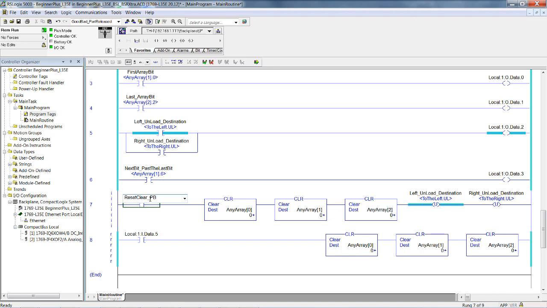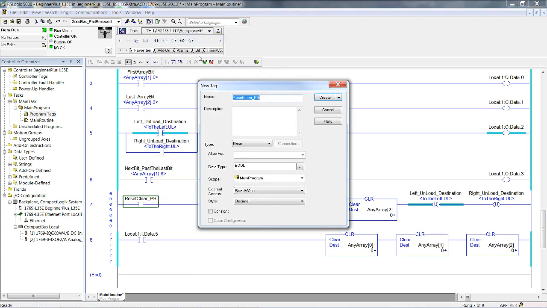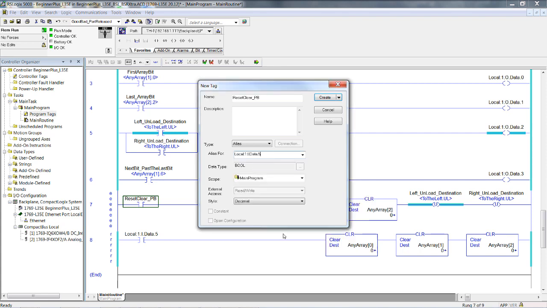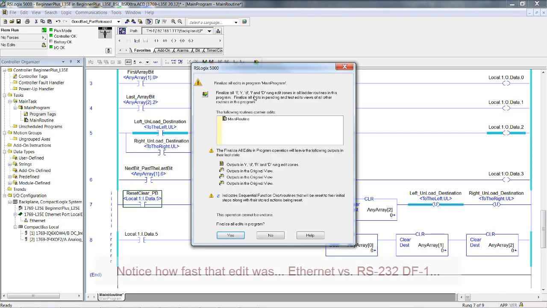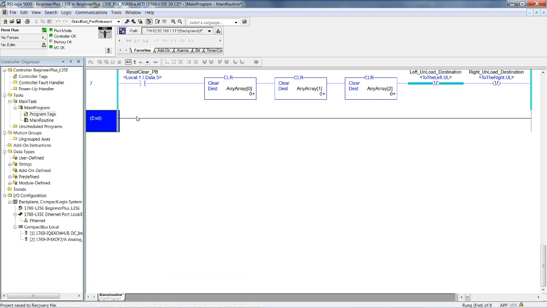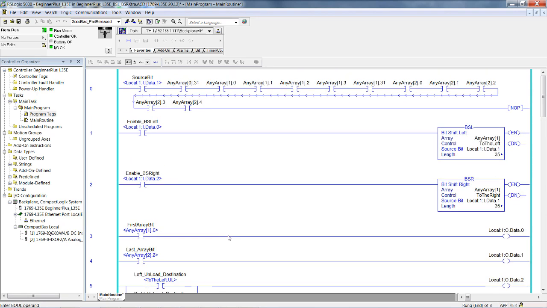Oh, we can be clever and put push button in there too. Why not? But I have to create it because it's a new tag, and I want to alias it to local 1 data bit 5. And then finalize all edits. Okay, now when we push the clear button, 5, you see it unlatches the unload bits. Drag this back over,